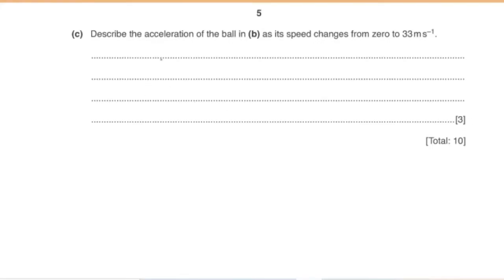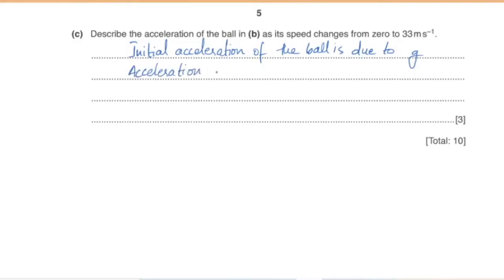So 3 marks. Each of them will be credited to each of the points that you mention here. So we can write that the initial acceleration of the ball is due to g. Second point would be acceleration decreases with time,